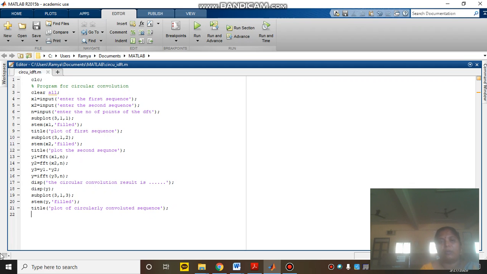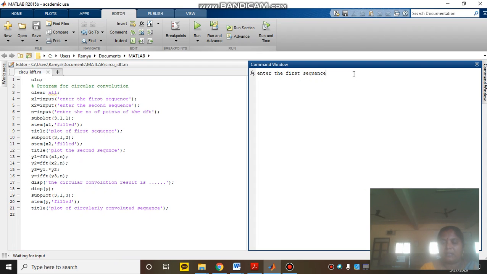Now I will run the program to show the output. Here I am going to give both sequences at the same length. If the lengths are not the same, it will add zeros to the shorter one. This is the input I have given for x1, and next I am going to give the input x2 of the same length.